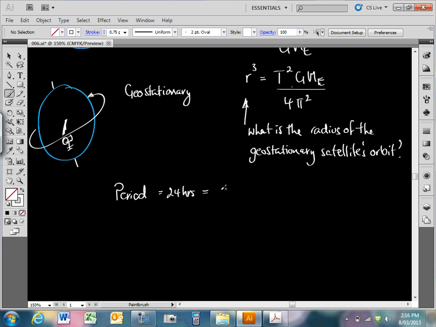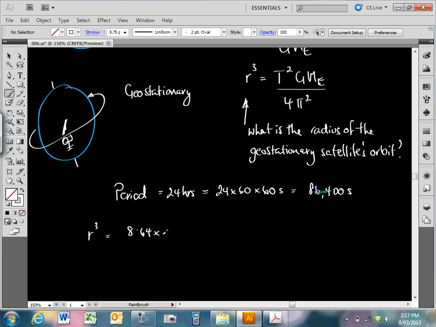Which is going to be equal to 24 by 60 by 60 seconds, isn't it? Which is equal to, we did this calculation in the last video, 86,400 seconds in 24 hours in one day. It's not quite 24 hours, the period of rotation of the Earth, but it's very close to 23.5 something, I don't know. Okay, so I'm going to leave r cubed as it is, so I don't have to write the cube root every time.